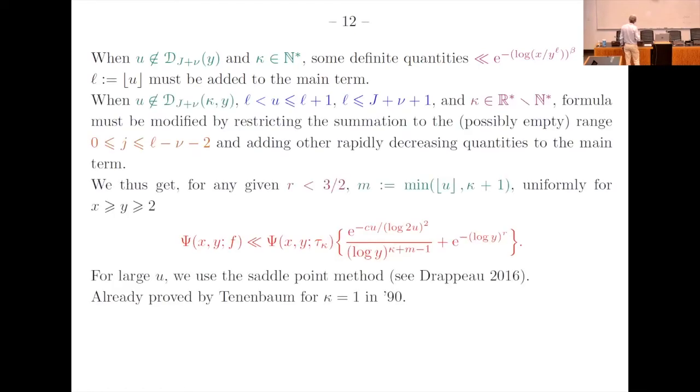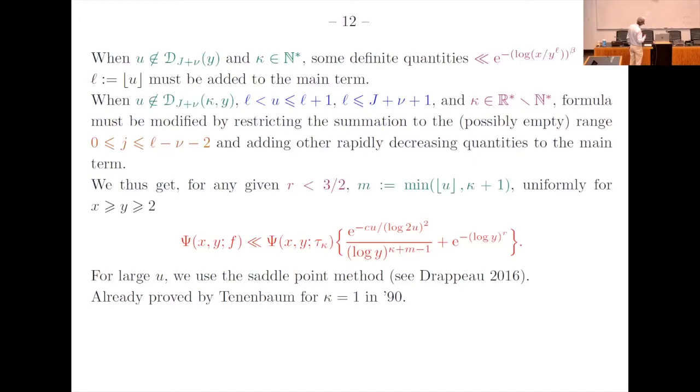Now my final result is that if you look at the sum of a right variable of such a function f, then you can bound it by this term. So it means, for example, if f is tau minus kappa, this is a kind of trivial bound, and to compare to the trivial bound,